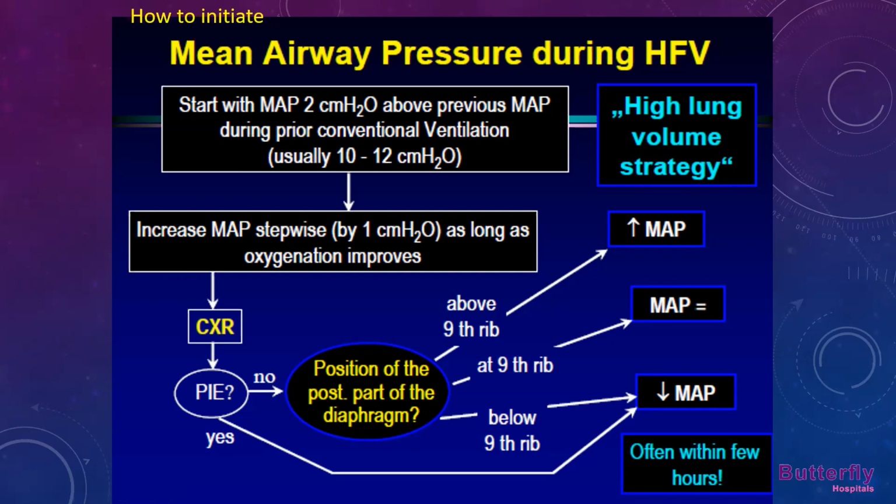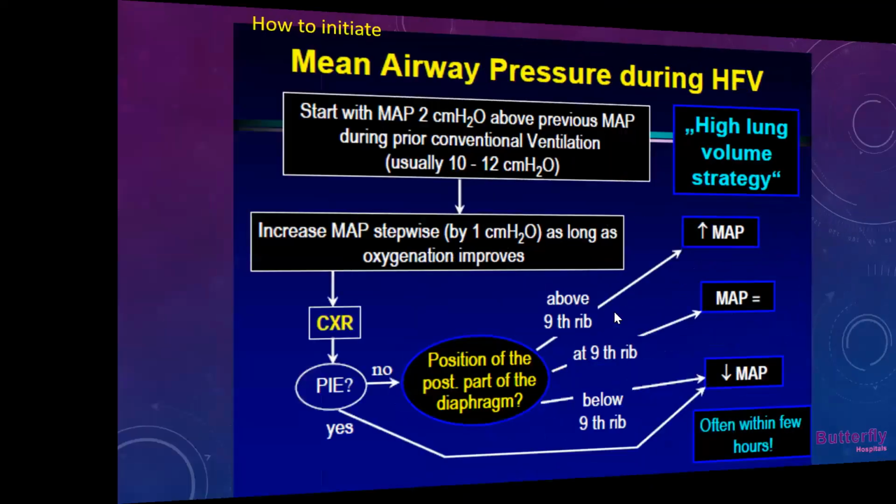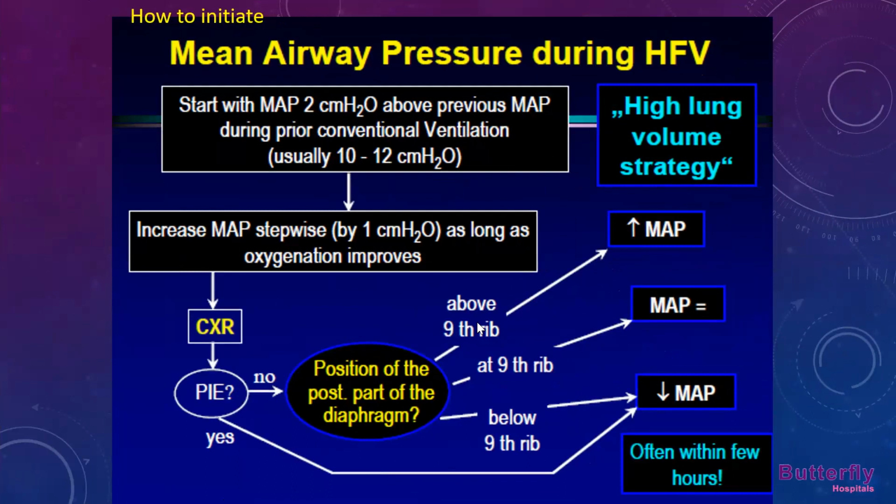If the babies are not oxygenating with the amount of mean airway pressure that you have set, you need to adjust the map each time by 1 centimeter of pressure. So increase by 1, as long as oxygenation is improving. It is ideal to have an X-ray that will guide you to adjust the pressures, the mean airway pressure